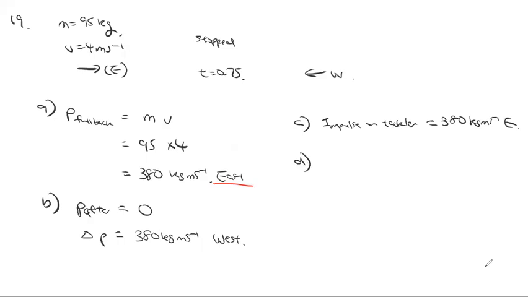And D asks you to calculate the average force exerted on the tackler, or you just need to recognize that impulse is equal to force times time. So divide by time. We know impulse is 380, we don't know the force, but the time is 0.75. So it's just 507 newtons approximately. And that's how you do that question. Okay. Does it all make